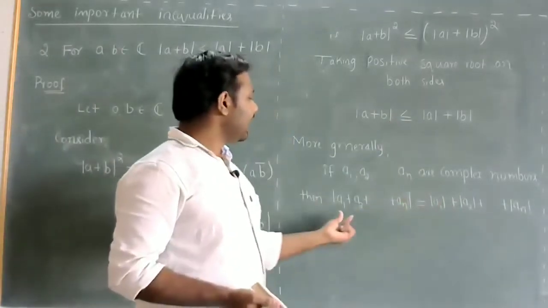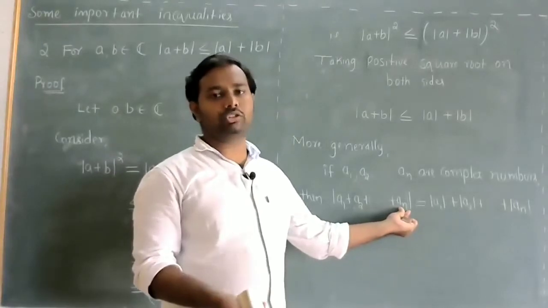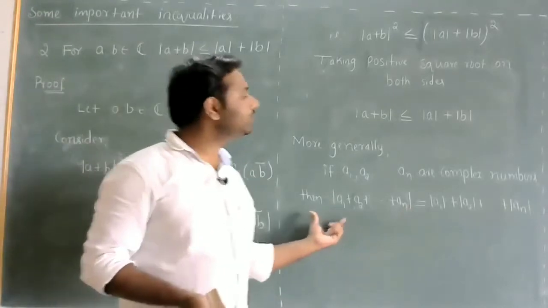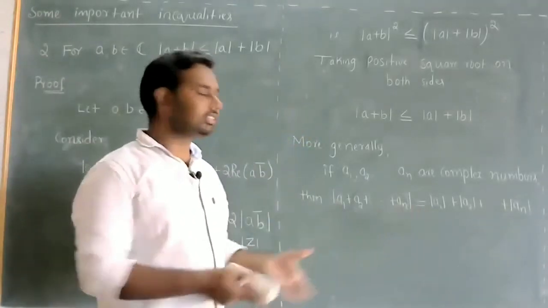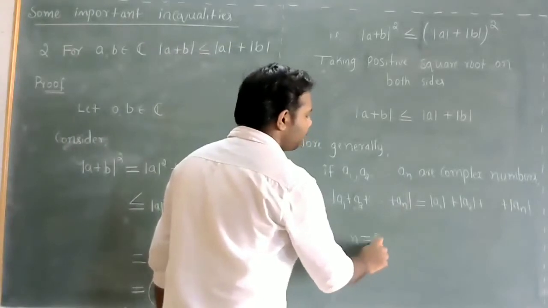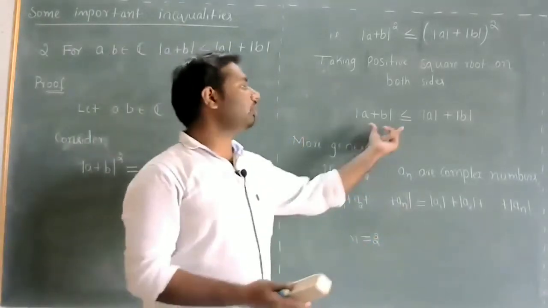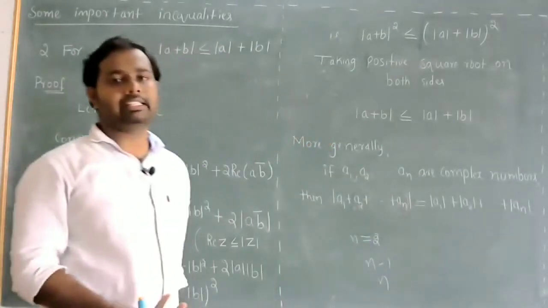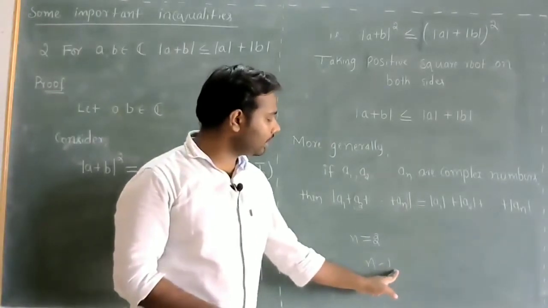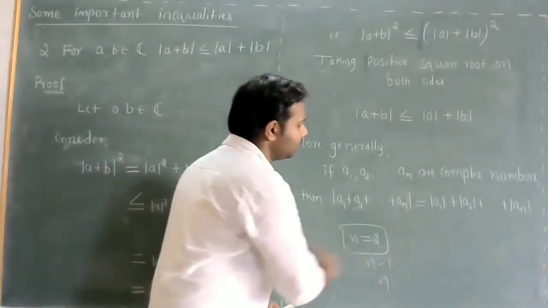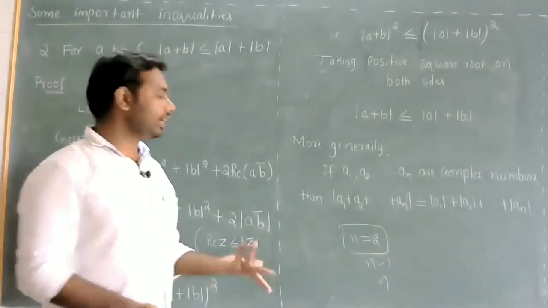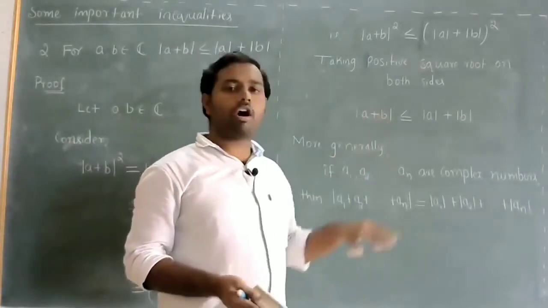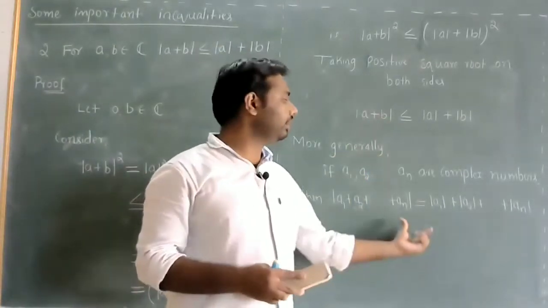Otherwise, as they are n in number, where n is a natural number, wherever the natural number comes, we can apply mathematical induction. So using mathematical induction also, we can prove this. So the steps are, for n equal to 2, we have to prove, and which is already proved. So you have to assume for n minus 1 and you have to prove for n. While proving n, we will just use the case n equal to 2. So you can use any one of the methods, either repeatedly using this or using mathematical induction. We will get this.